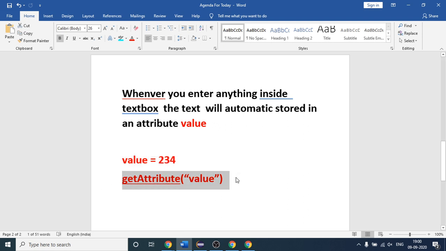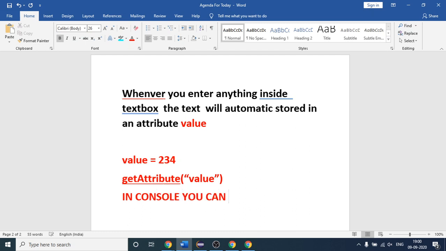By writing like this, you will get this value 234 in your console output. Again, whenever you write any text, be it a number, suppose you have written 234 in this text box, that 234 value will automatically be placed in this value attribute.